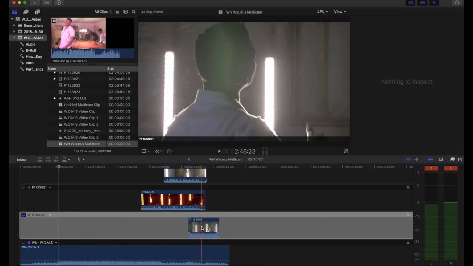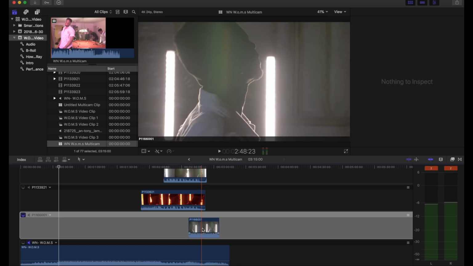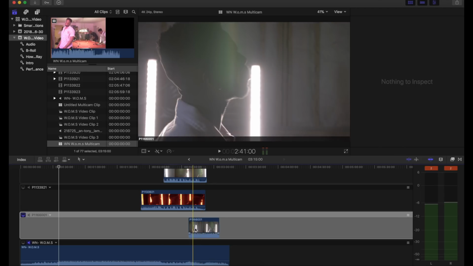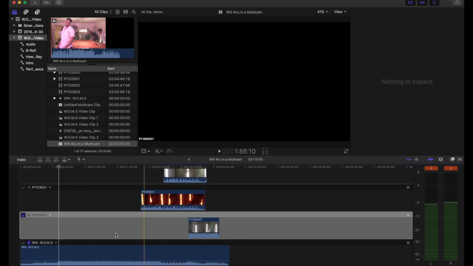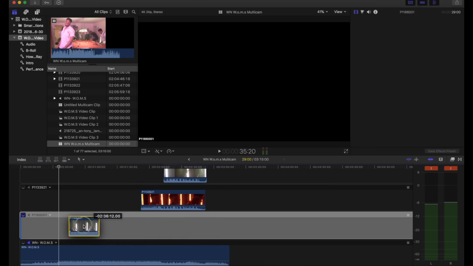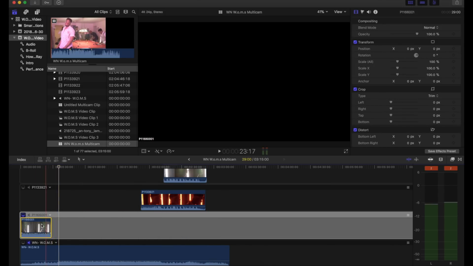So this clip for some reason is all the way over here. I don't know what Final Cut was thinking, but this is Howard's verse. So Howard has a verse in this song, and it literally starts right around here, pretty much with the drop of the song. So we're gonna bring it back all the way here. Sometimes it clips a little bit.